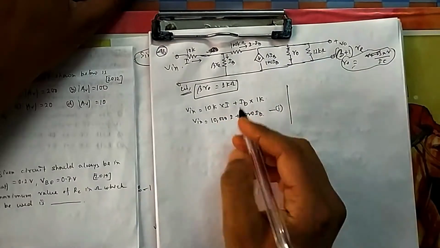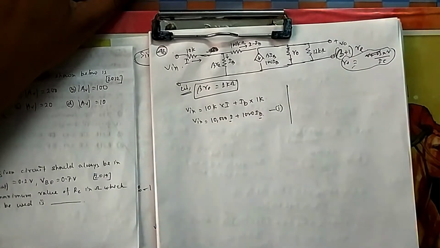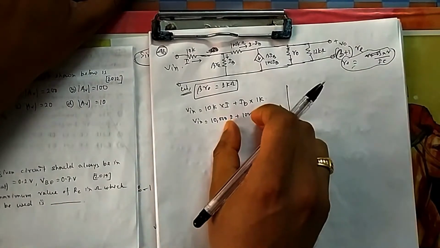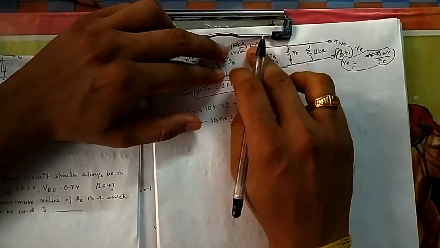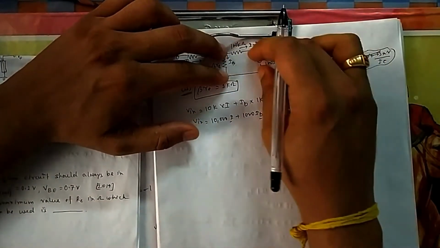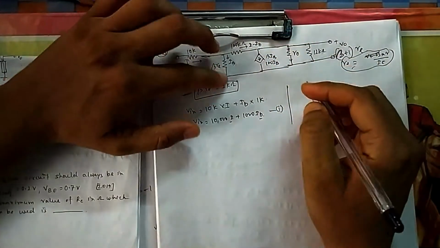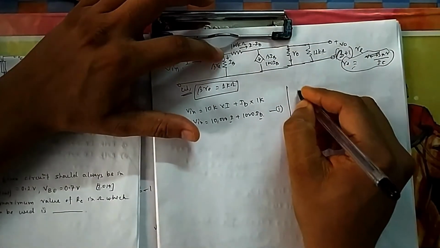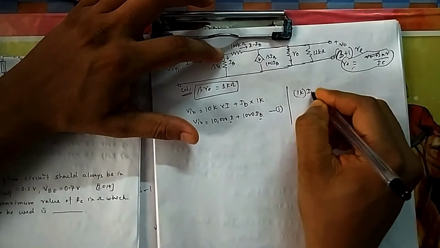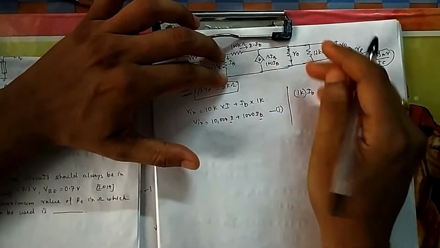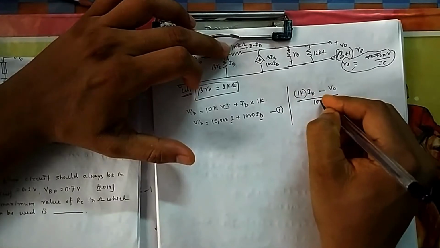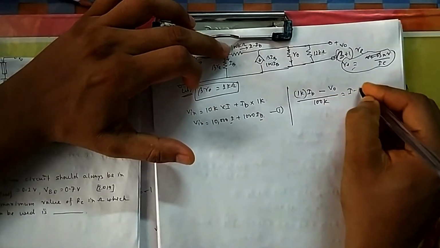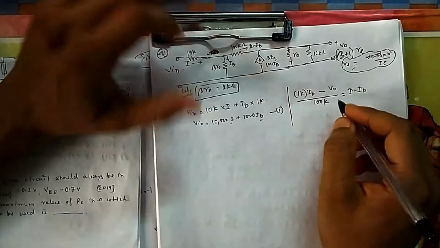Because I got an equation with IA and IB, I want an equation of IA and IB involving V naught. So what is the IA minus IB current? This voltage minus this voltage is V naught directly. So what is this voltage? This voltage is 1 kilo into IB. So this minus this drop, that is V naught, divided by 100K will give you IA minus IB. So from here also you will get the equation of V naught.